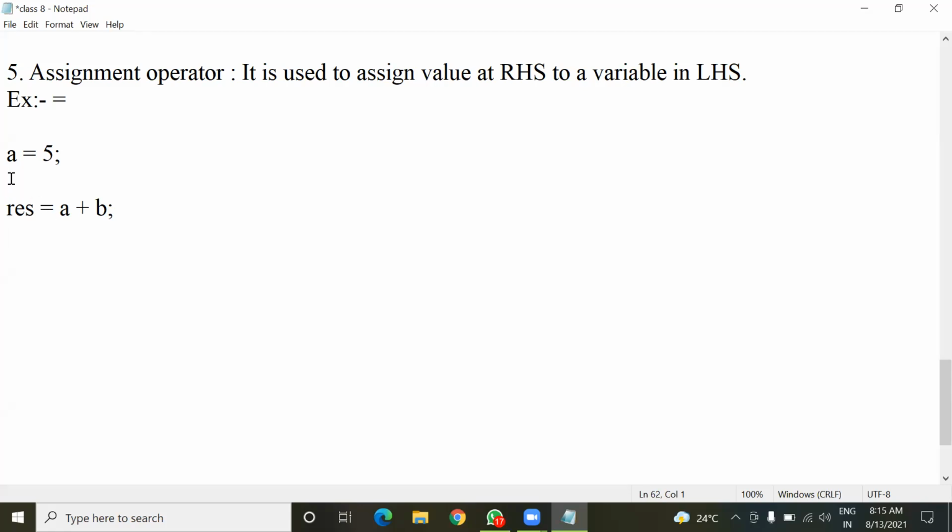Okay, so let us assign. Here I am going to store b = 8. Now tell. Yes, sir. a + b means a and b both will be added, and whatever result comes after addition will be assigned inside this res variable. Now is it correct or not? Yes, sir. But if I write like this, a + b = res, now is it correct or not?